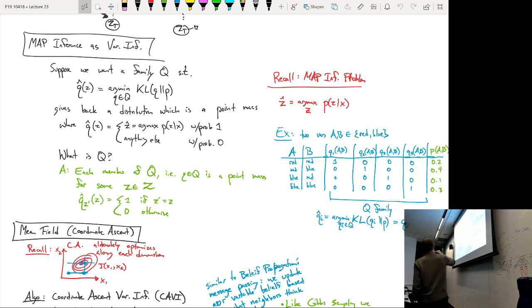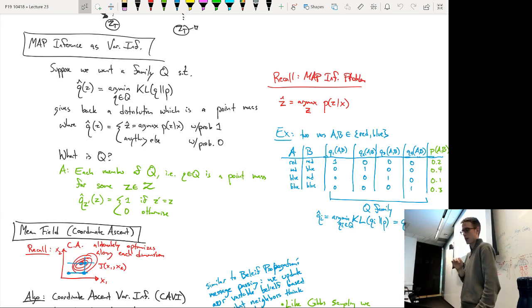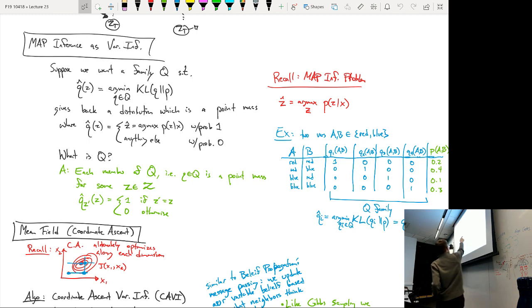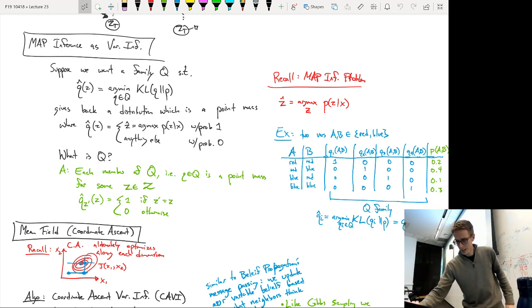So there are 4 distributions that I want you to think about. Those are Q1, Q2, Q3, and Q4. These are funny distributions because a distribution over A and B has to give 4 probabilities, one for each of the possible configurations of A and B. But these 4 distributions are funny because I made it so that